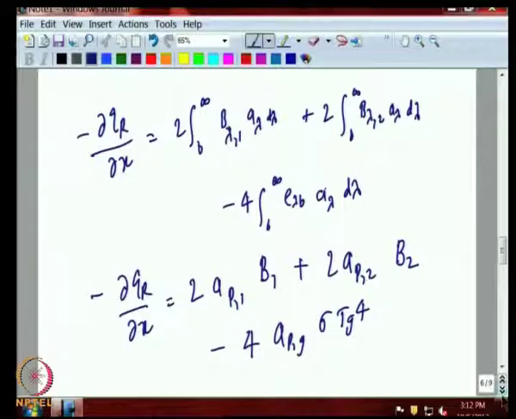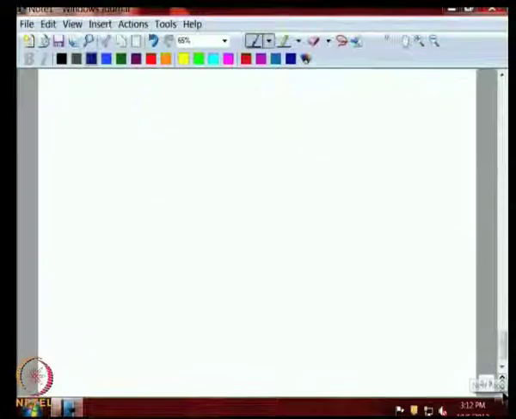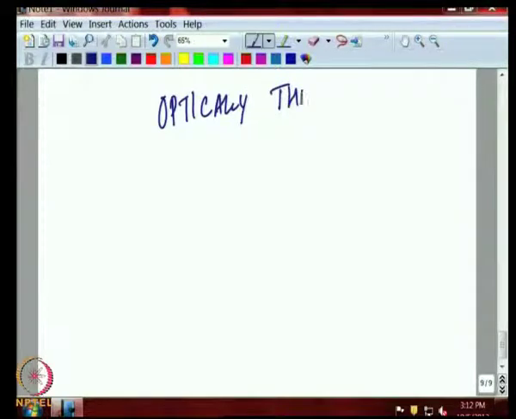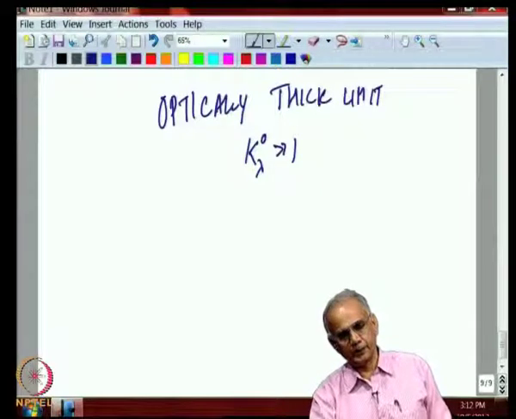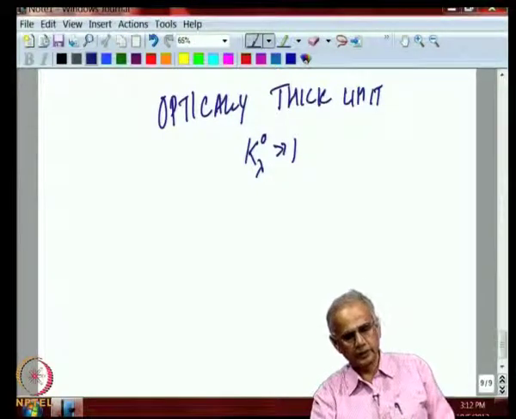Now, the next limit we considered is the optically thick limit. And the major feature of this limit is that the total path length is much greater than 1. So, this is exactly opposite of the thin limit. In the thin limit, this quantity is very small, so we could make very simple approximations, but now we are dealing with a case where this quantity is very large.